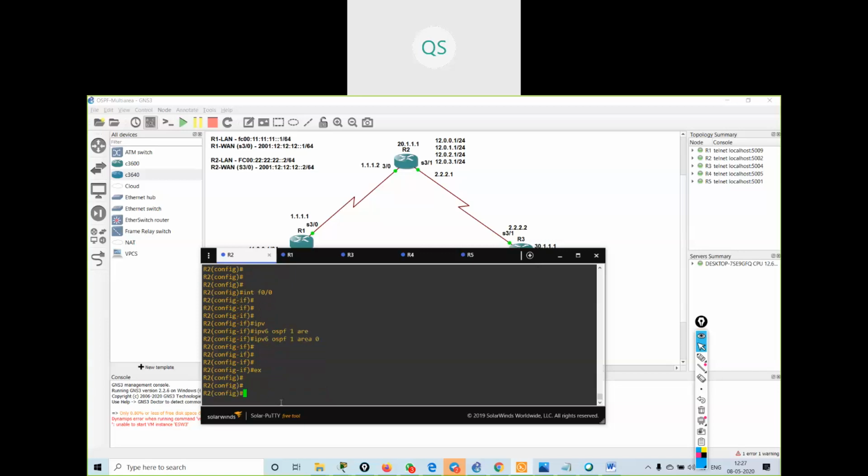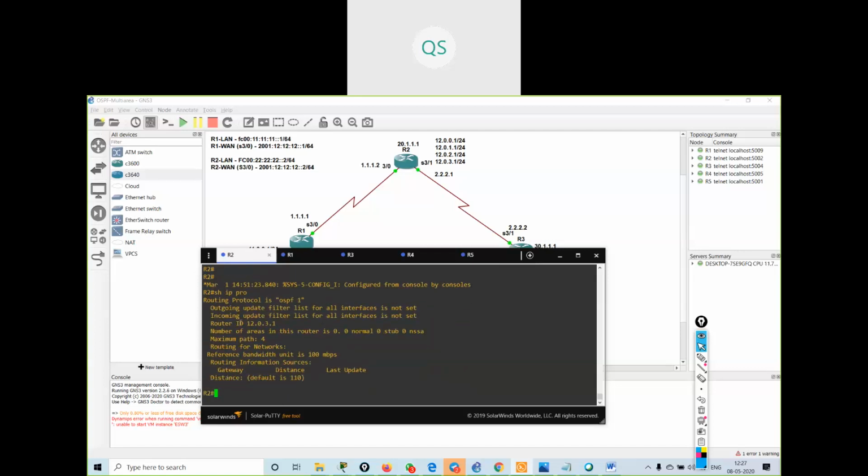Now I will go in interface serial 3/0, and give the same command. This interface is running OSPF instance 1, and it will be in area 0. Got it? Now if I want to verify, I can give show ip protocols.